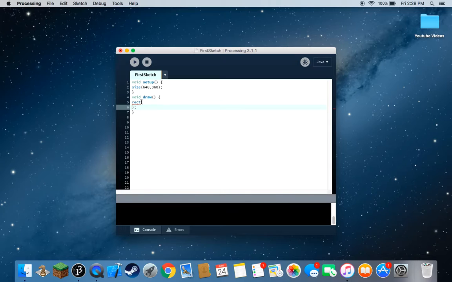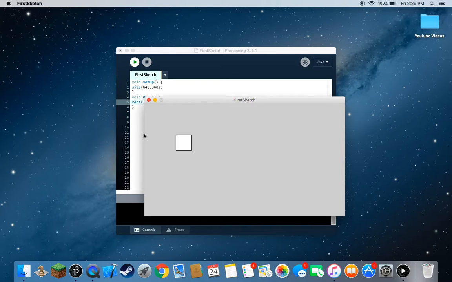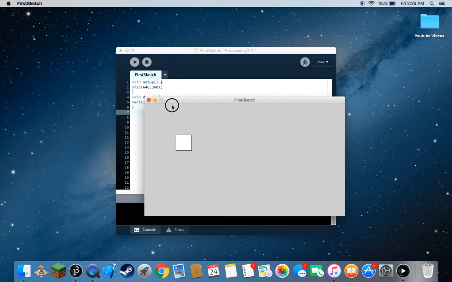So I'm just going to go ahead and tell you what the parameters for this one are. Our first one is going to be 100. Well, we'll demonstrate 100, 100, 50, 50. And we'll show you what that does. So what's 100, 100? Considering this is x, this is y, the greater the y, the lower down, the greater the x, the further out. We could translate that using the translate function,